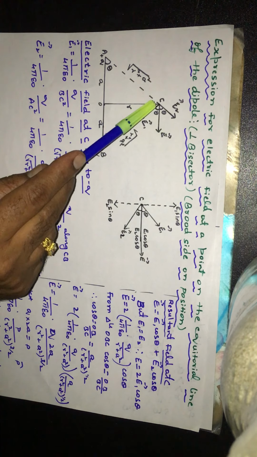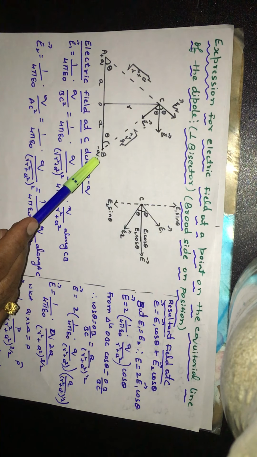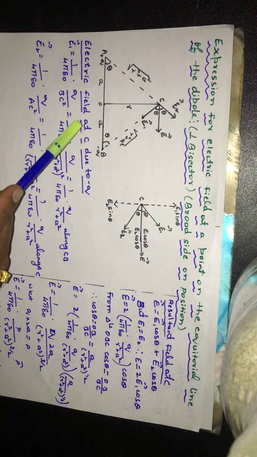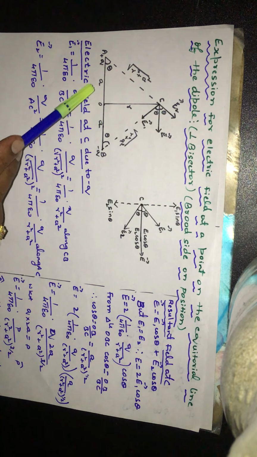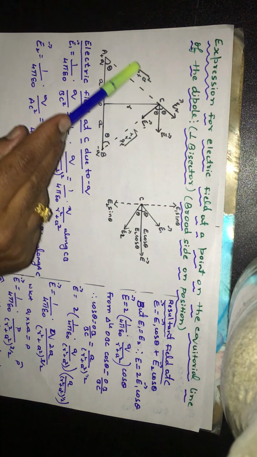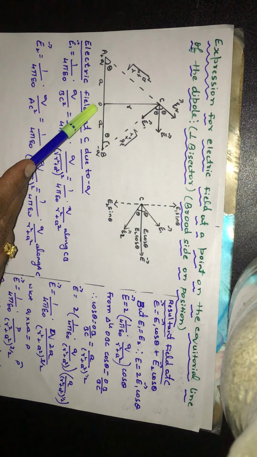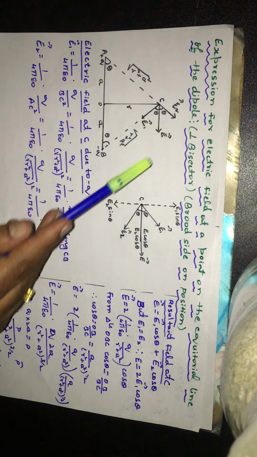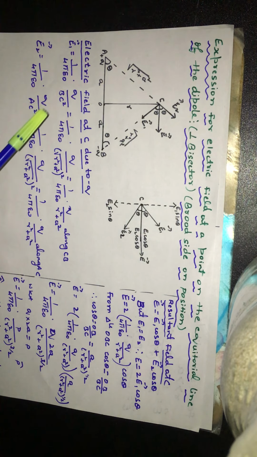See here you can observe, this is the line BC which joins the charge minus Q to C, and the line AC joins the charge plus Q to C. So the dipole length is 2A. The distance from A to O is A, and again from O to B is also A. So here you have a right angled triangle. R is the distance of the point C from the center of the axis of the dipole. So from Pythagoras theorem, AC or BC will be equal to root of R square plus A square.